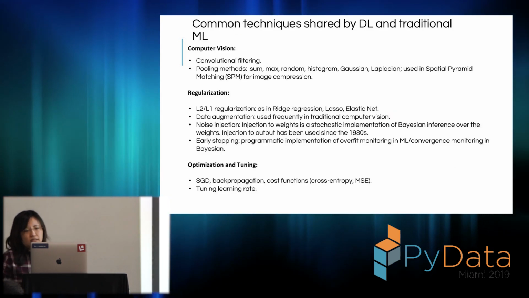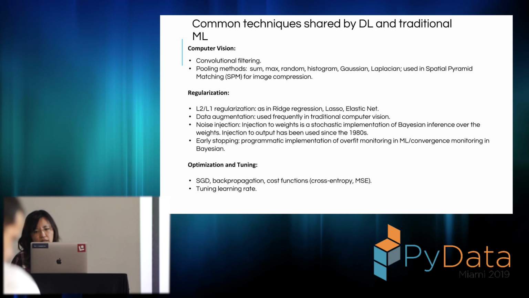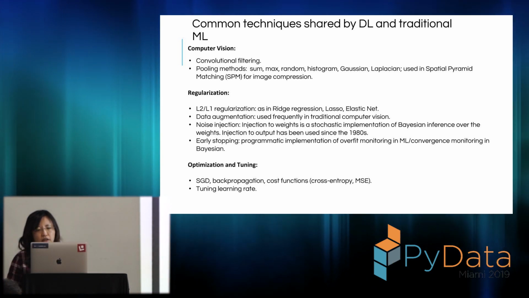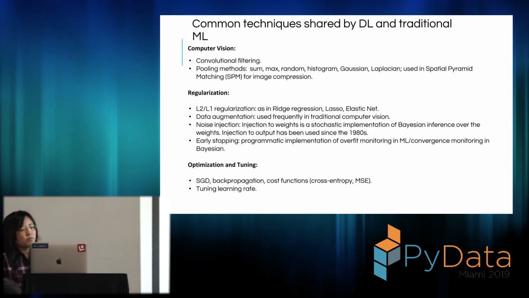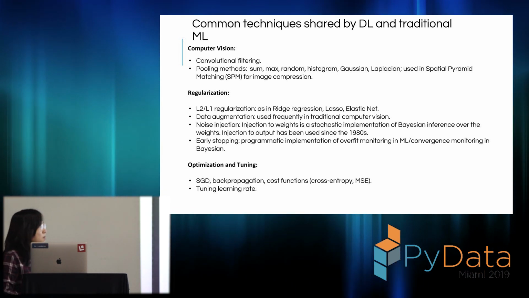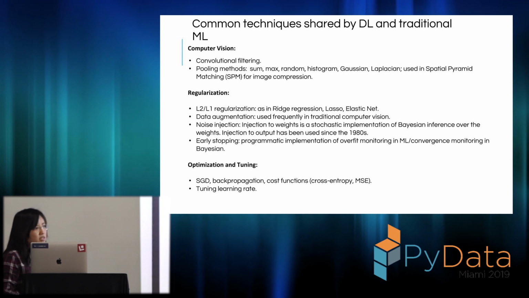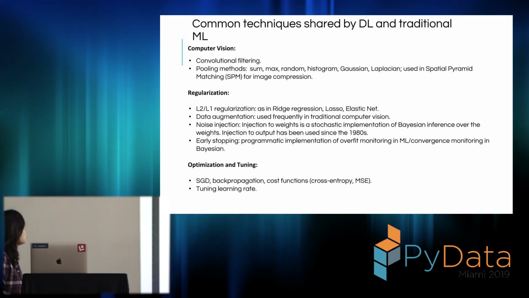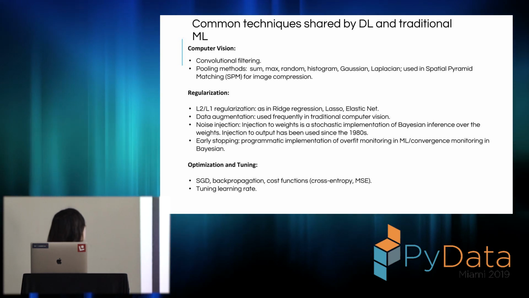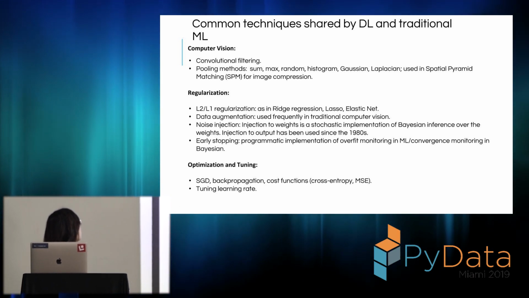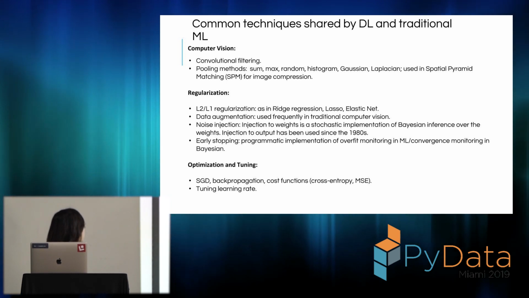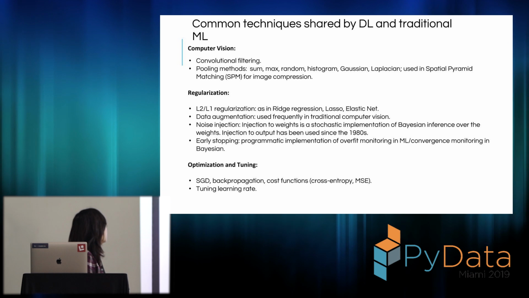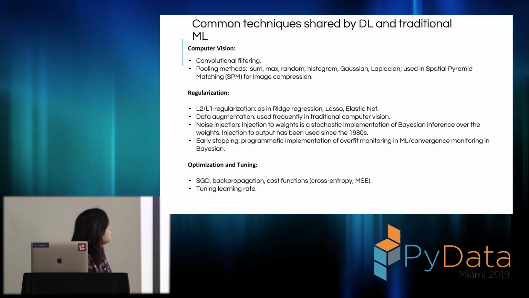Okay, after seeing the benefits of deep networks, deep learning researchers are trying to make deep neural networks trainable by applying different techniques. But you can see many techniques are directly borrowed from traditional machine learning. As I mentioned, convolutional filtering was invented in traditional computer vision. And in traditional computer vision, people use all kinds of pooling methods, and max pooling is just one of them.